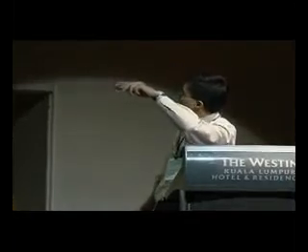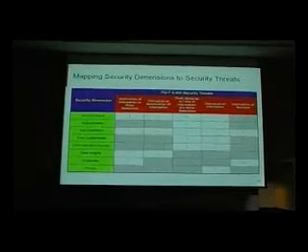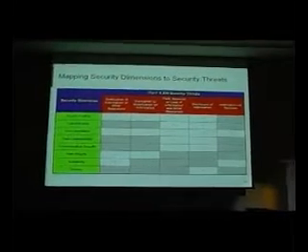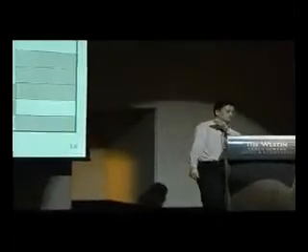Now, this diagram shows you how the 8 security dimensions mitigate the 5 threats. I give you about 10 seconds to just look through, and you can see interestingly that most of these controls can mitigate things like theft or removal. And non-repudiation, as you can see here, is the only control that can protect against all the threats. So thus proving one thing, that logging is something very important. Digital signature and confirmation, stuff like that, are very important because they can prevent a lot of problems like this.